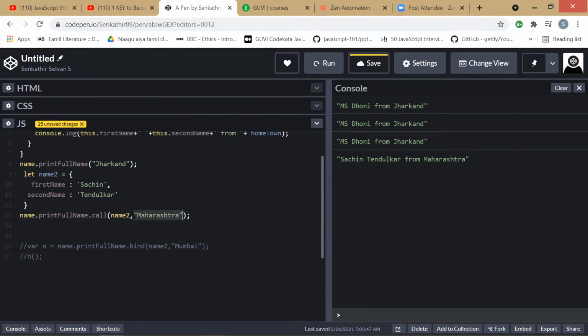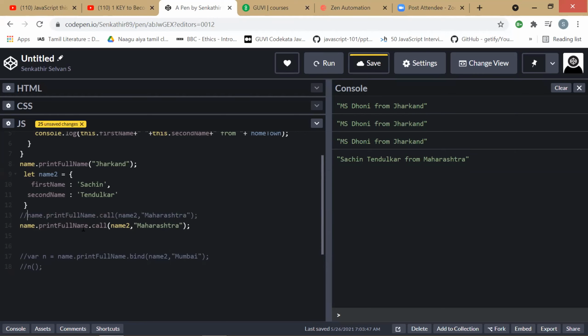Instead of giving it like this, we will be giving the parameters within an array.